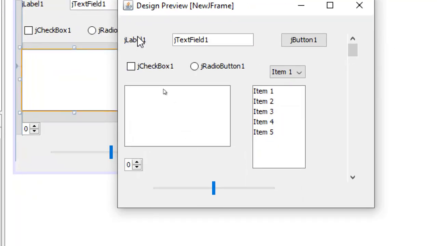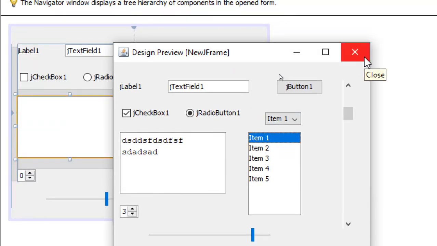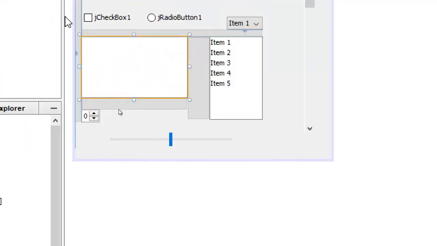So this is one component, this is another component, this one is another component, and here we have a radio button which is again a component, a checkbox which is again a component, a text area wherein I can type more than one line is a component, a spin button which I can spin up and down, a slider which I can move, a scroll bar which I can move. All these are components.